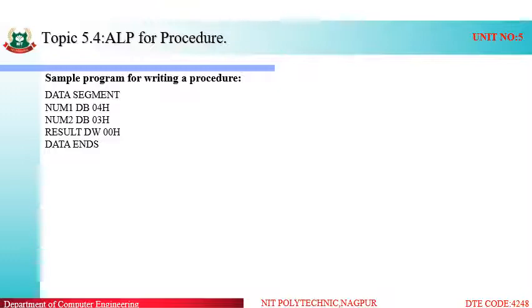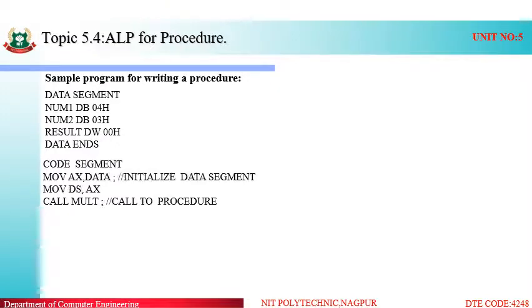In all assembly language programs we start with our data segment because the data is going to be used inside our program. So this is the data segment. Now coming to the code segment. Inside the code segment we have initialized the data segment with the help of MOV AX, data and MOV DS, AX. These two lines we always use to initialize the data segment. Also we can write ASSUME CS:code and DS:data.